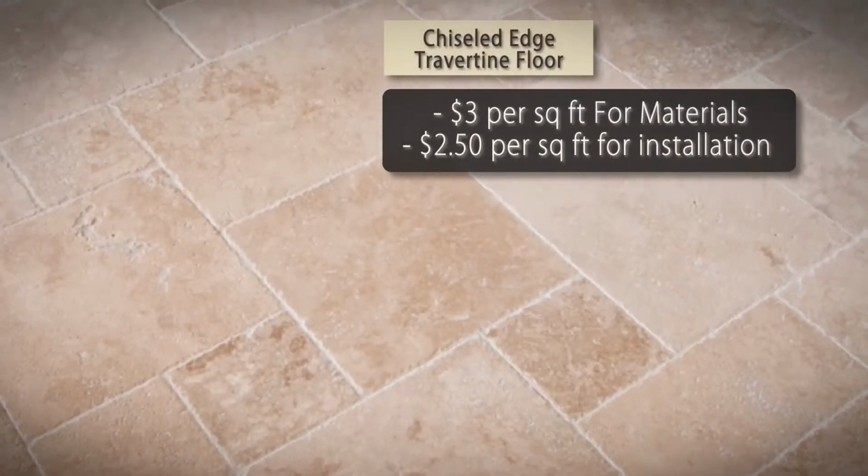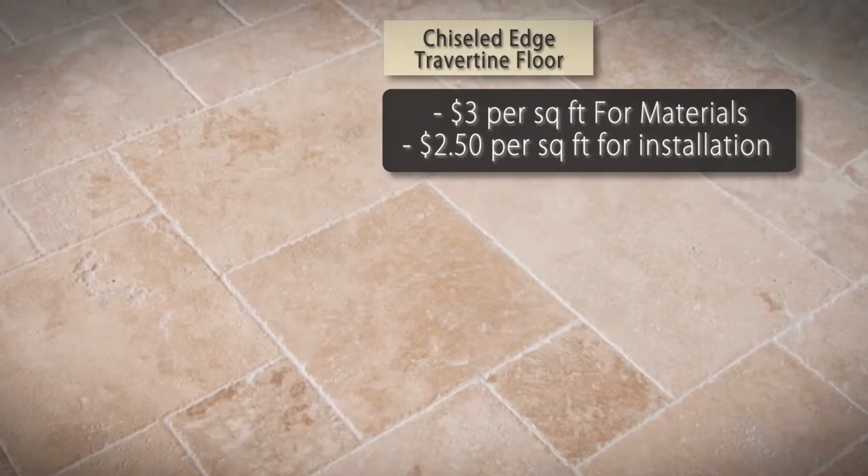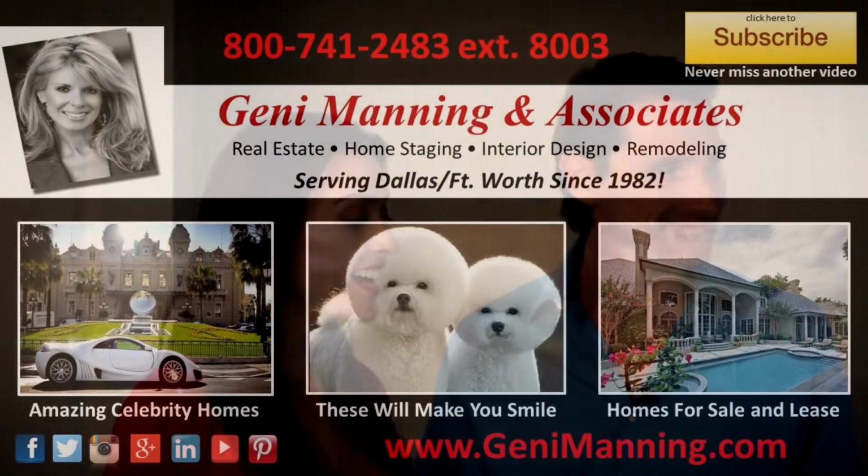This product's about $3 per square foot, and the installation is about $2, $2.50, depending on the size of the job. Well, great job, Osman. And I tell you what, to wrap up,